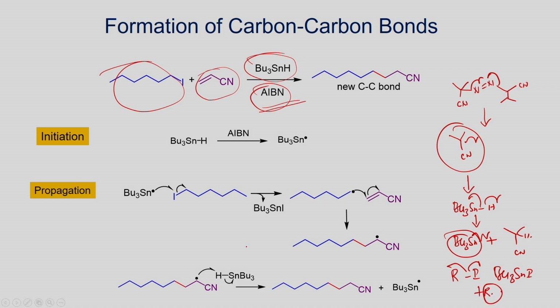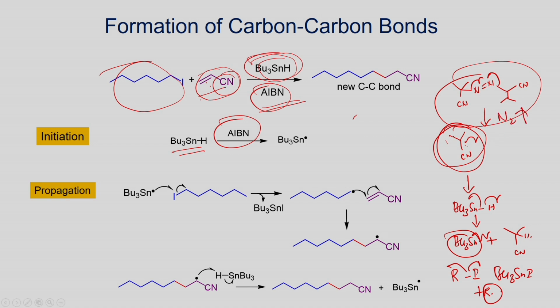This radical can undergo addition reaction. For example, if you have the alkene which is bonded with electron withdrawing group, electrophilic in nature, it can undergo addition reaction. You have the second radical. That radical can be further reacted with the tributyl tin hydride, you get the addition product. So, when you use the AIBN shown, this is the structure of the AIBN, it can undergo cleavage to form this radical, and you lose a nitrogen molecule.